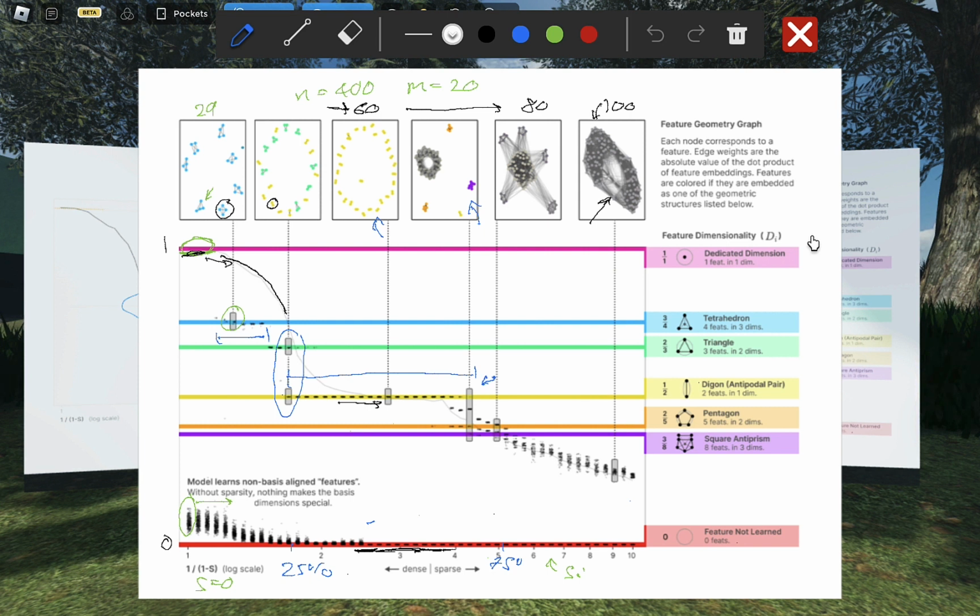And it's because now the sparsity is so high, it's pretty happy to let most features that are embedded have a non-zero dot product with other ones. And that's why you get this bagel shape. So if we take the one that you've labeled 80 above, which is where the orange pentagon line meets the